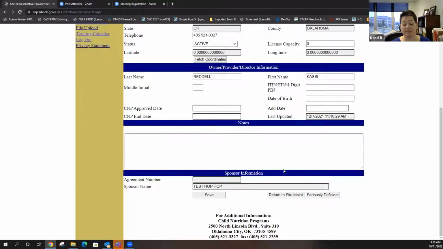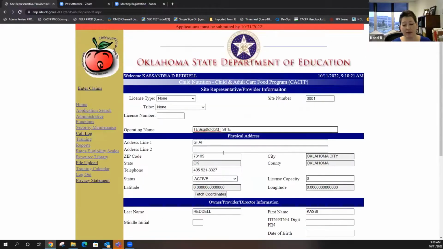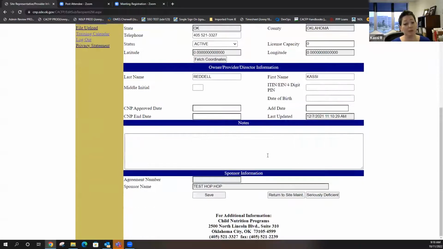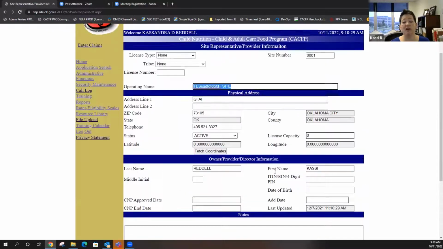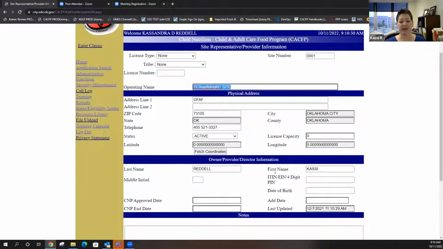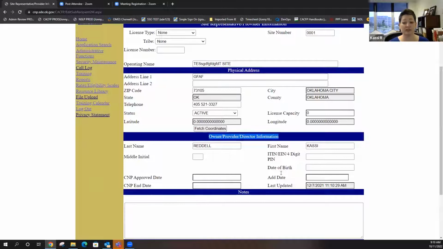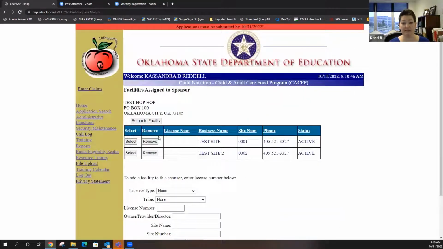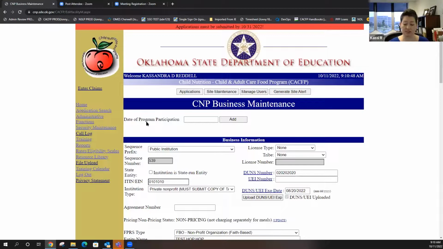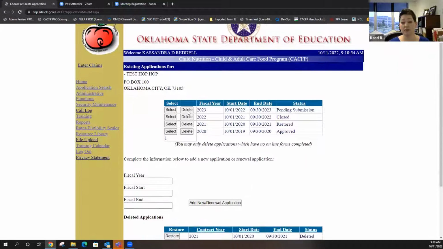So we need to make it grayed out so you guys can't type in it, because then we get calls saying, well, it won't let me save. And that's because we want to update this information. So if you're multi-sited, go into your site maintenance, look at your site information. If this person is not the same person who's the site representative there, this is going to filter onto your application for participation. It's going to be wrong there. So make sure you get us the updated information if needed in site maintenance. If you don't have site maintenance, then none of that applies to you. So going on to our application.